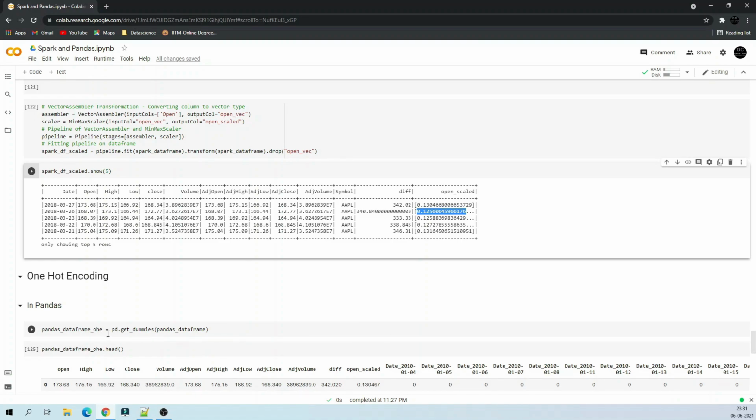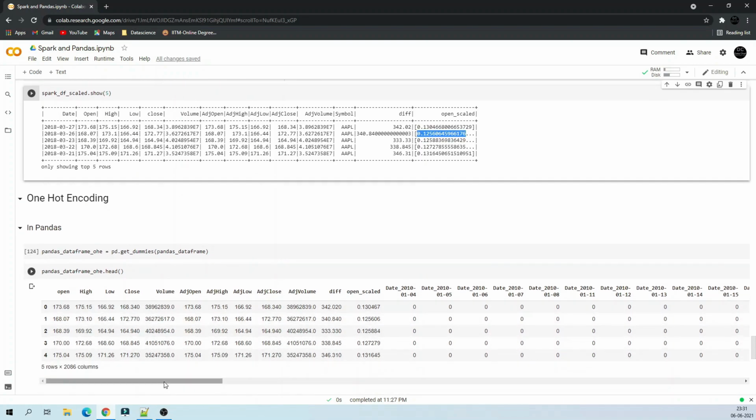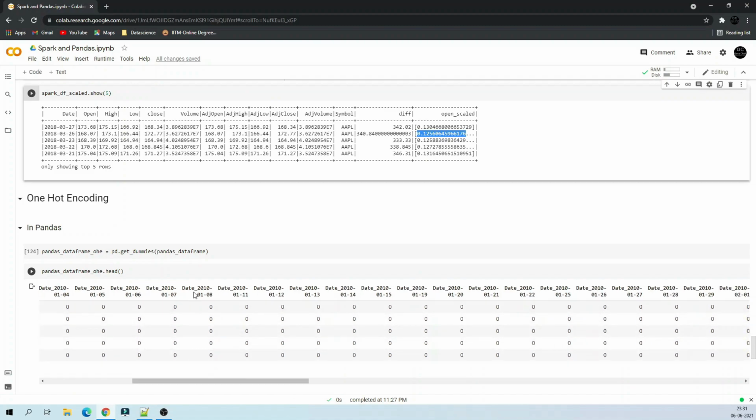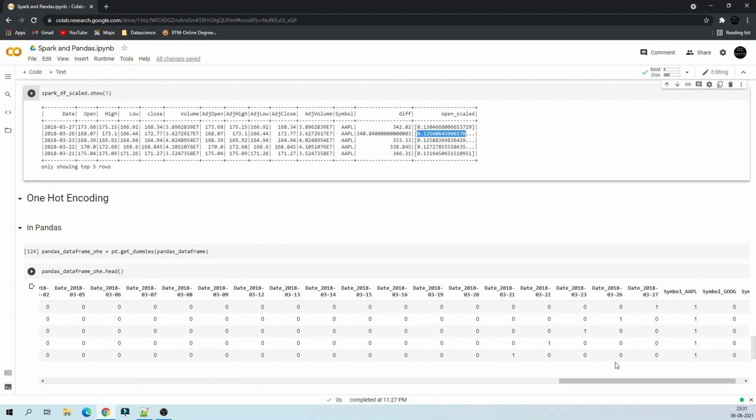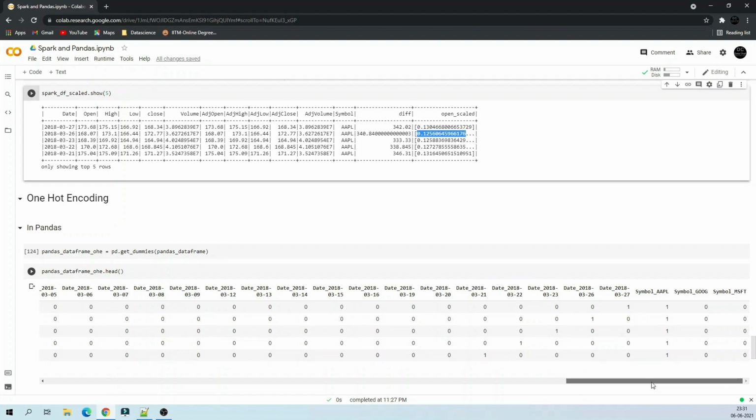So in pandas, you use the functionality called get_dummies to perform this operation, and you can see that once I converted this, my date is an object, so it converted everything. So you can see here, it converted all my date. And then let's take this example of symbol. So the Apple, earlier it was in a row, now you can see that it is a column, and wherever the symbol is equal to Apple, it has a value 1. For Google and Microsoft, it is 0. Similarly, for Google it will have 1, and for Microsoft 0, and for Apple 0, and that's how it will be for Microsoft as well.